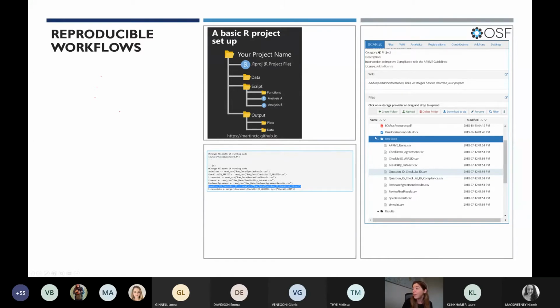So I basically mirrored the R project on the Open Science Framework, so you can see this is the raw data folder on there, and I've got the same file here as well. And what this means is, because it's structured in this way, someone should be able to download all of my folders on here and rerun the analysis if they want to, which is exactly what we're talking about.